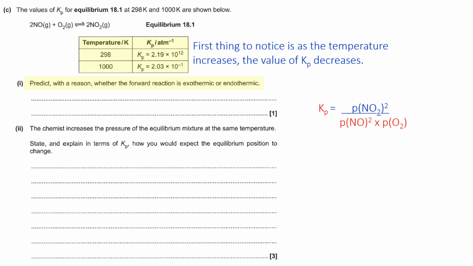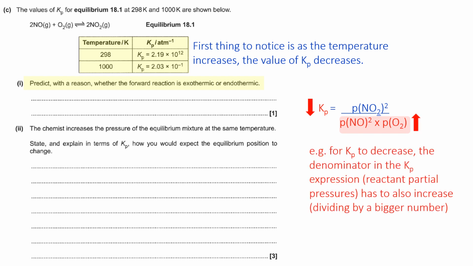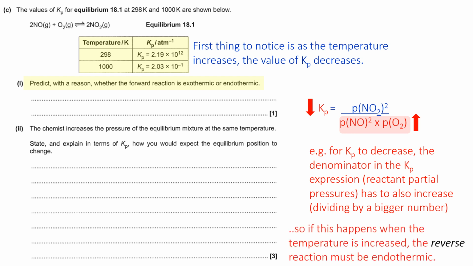So let's think about what this means. If Kp is decreasing, then that must mean the denominator is going up. So you're dividing the numerator by a bigger number to make the overall answer, Kp, smaller. So that must mean that when the temperature increases, the reverse reaction must be endothermic, because what you're doing is